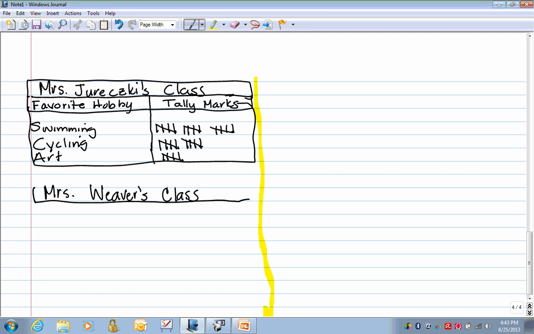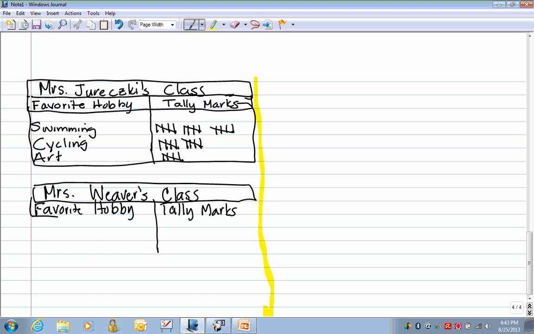And we're going to create our chart. And we are still writing our favorite hobby. And we are going to show this with tally marks. And we're using the same activities: swimming, cycling,